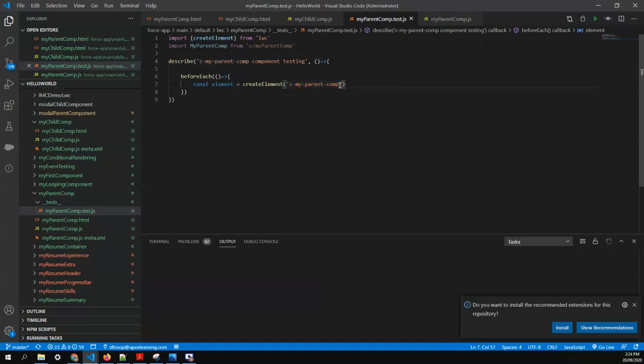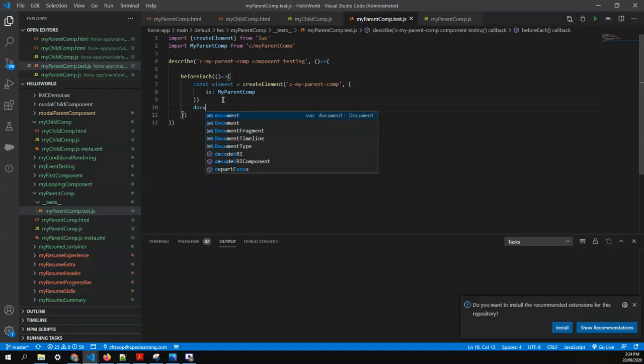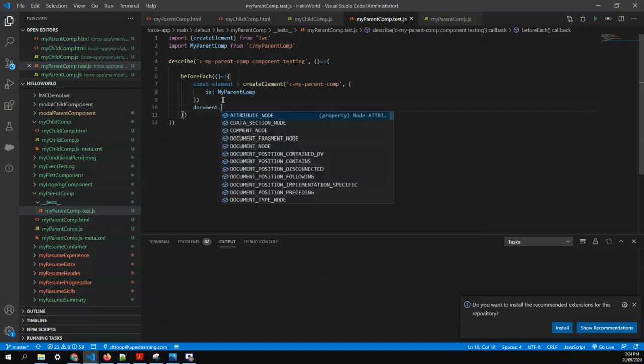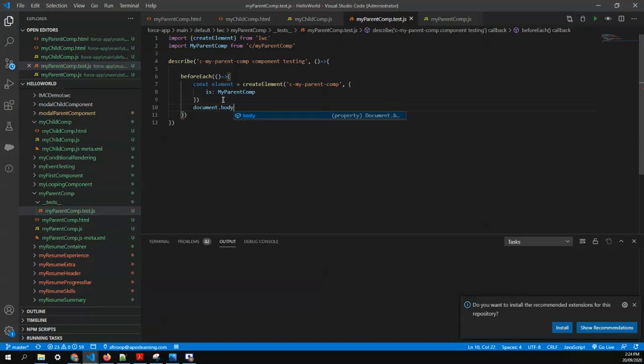The second parameter is the component that you want to append between these tags. So we are appending the HTML of my parent component within this c-my-parent-com tag. Our element is ready, and now we have to append our element to the body tag, so document.body.append